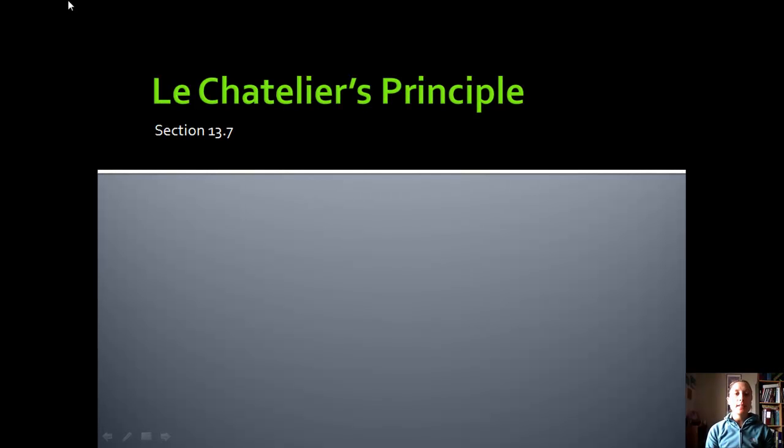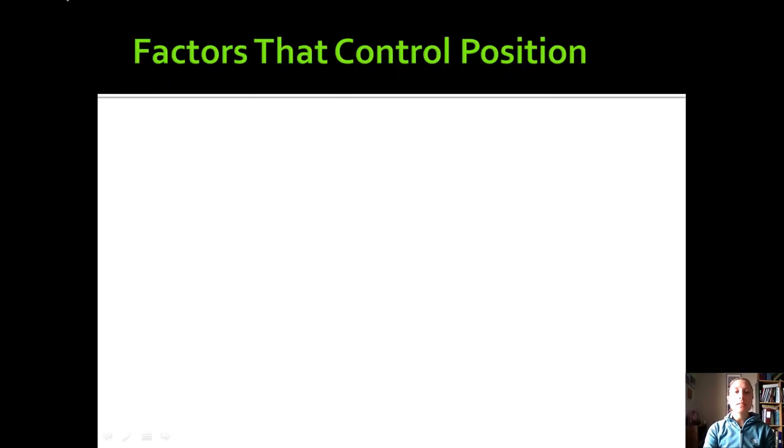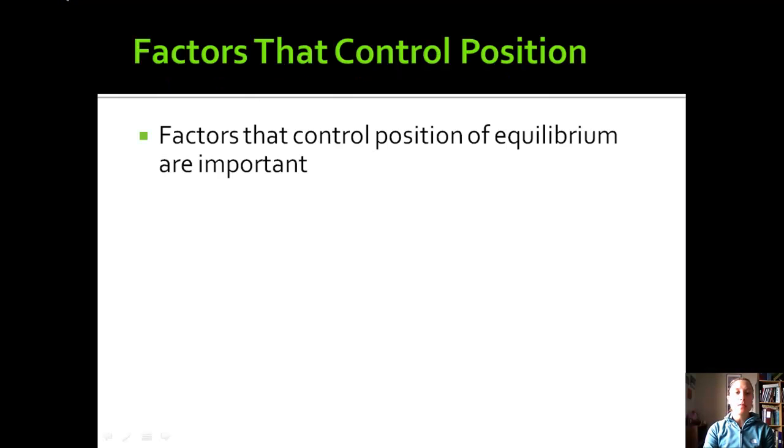Hello, we're going to discuss the last section of Chapter 13, which is about Le Chatelier's principle. Let's look at some things that we've talked about, factors that control the position of equilibrium. These factors are really important. It's important to know how they affect the equilibrium position so you can make predictions about what's going to happen